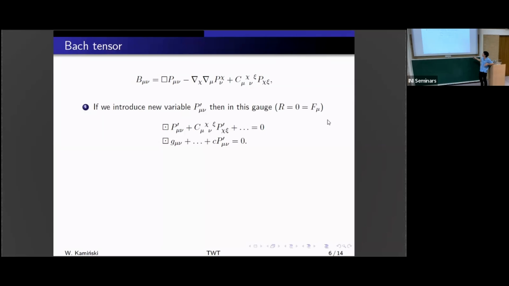And so now we have a system of two wave equations. We have a box on P here, and a box on g here. So we have two variables, and some lower order terms. These three dots are terms a bit similar to this, but I distinguish this C for some reason. So is it hyperbolic? Is it a quasi-linear wave equation?